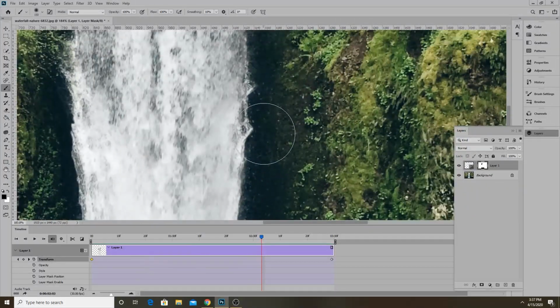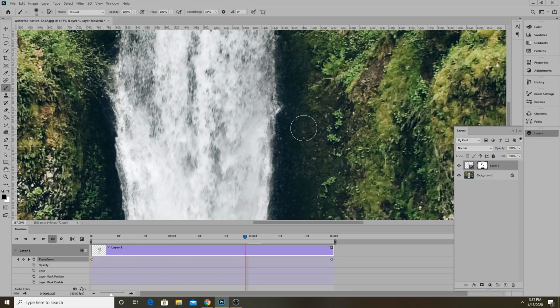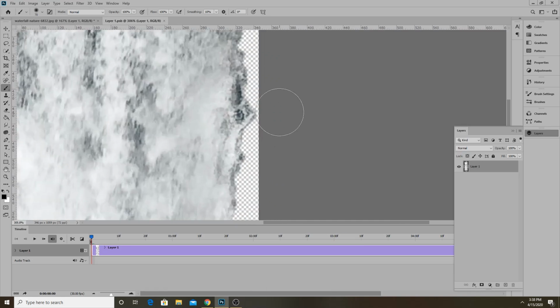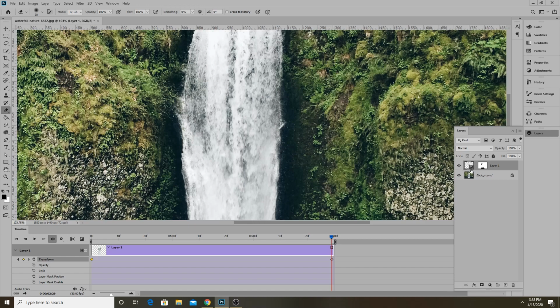Also, there are some areas like here that kind of stick out too much, so I'll get rid of that. Actually, instead of getting rid of it by masking it out, I think I'll go back to the original photos by double clicking the smart object and just erase that part. It just sticks out too much. And close this, say yes,